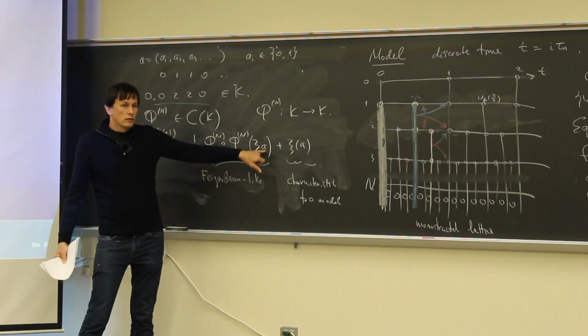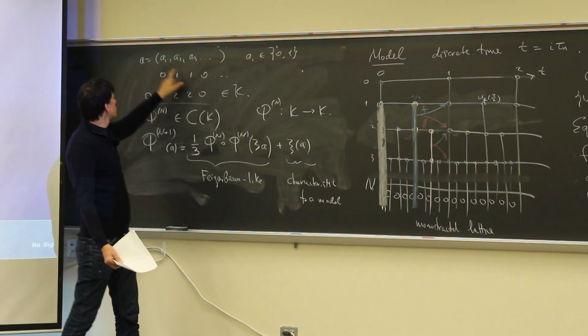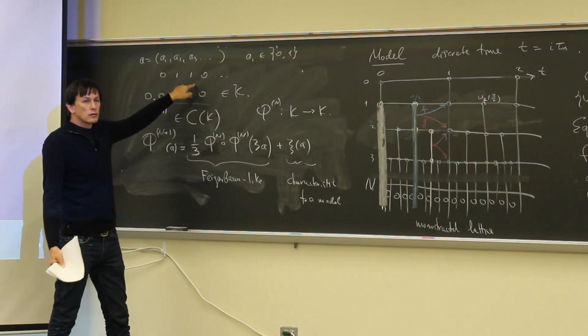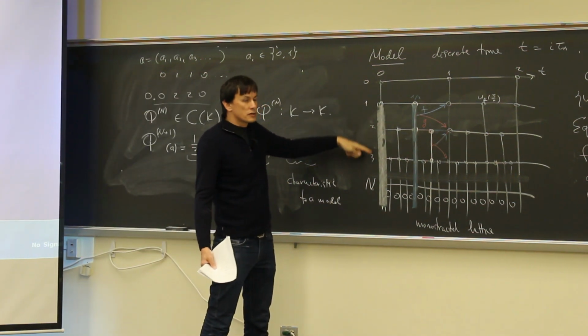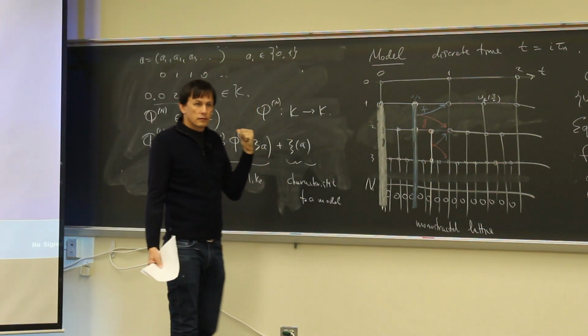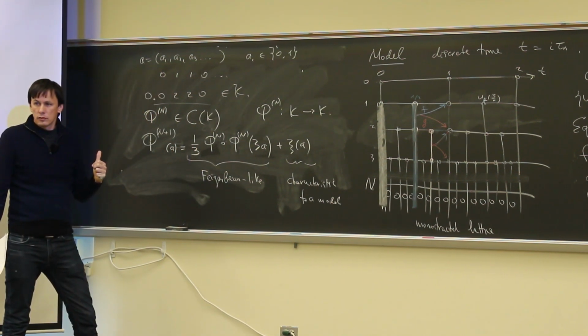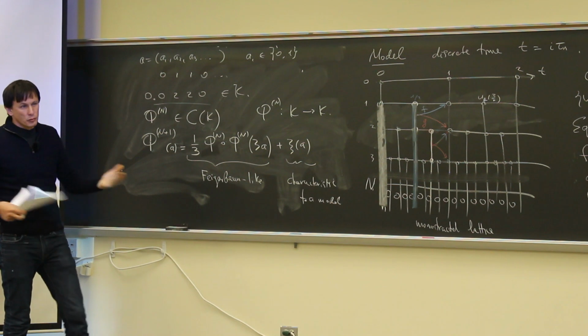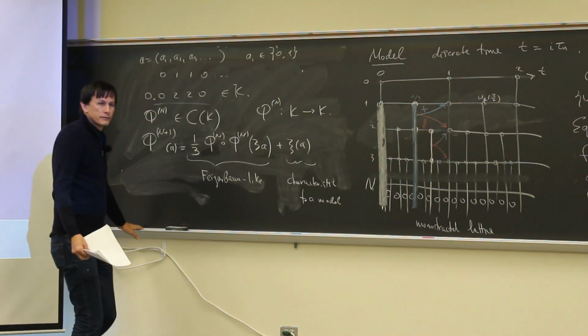No, but A is the initial condition. The initial condition is in the Cantor set. Why are the initial conditions in the Cantor set? By definition, because I mapped the sequence of 0, 1, 0, 1 to a point on the Cantor set. But it's only if you have 0, 1, 0, 1, the Ising case. Is it if you have some other space? Of course, in some other space it will be more complicated. I just want to... It's a product.